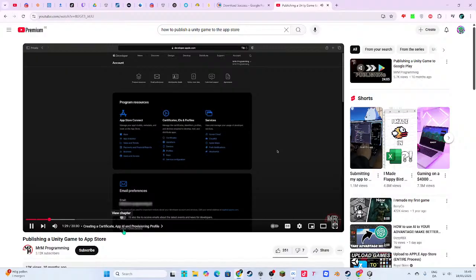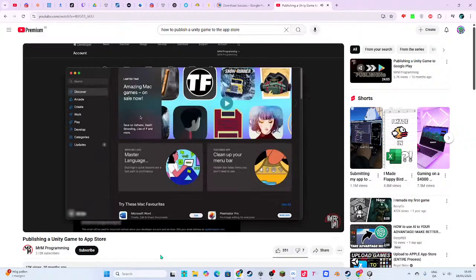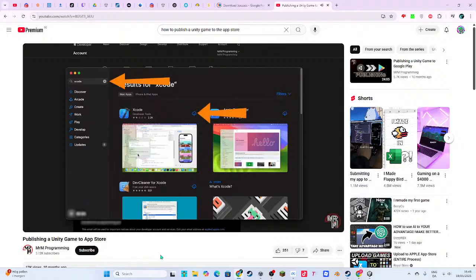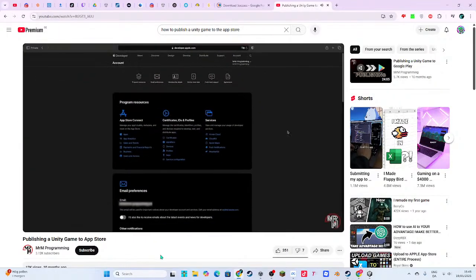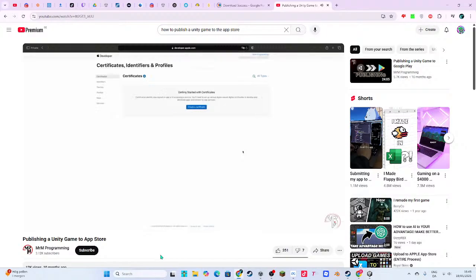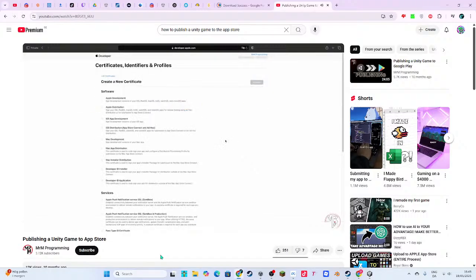But before we do anything here, we're going to start installing Xcode that we will need later to build and upload our app. So if you don't have Xcode yet, you open App Store on your Mac, look up Xcode, start installation, and put App Store away for now. Now we're going to create a certificate by clicking Certificates here. Apple uses certificates to verify you as a developer, meaning the purpose of a certificate is to prove that you are the legit developer and not an imposter. Alright, since we're